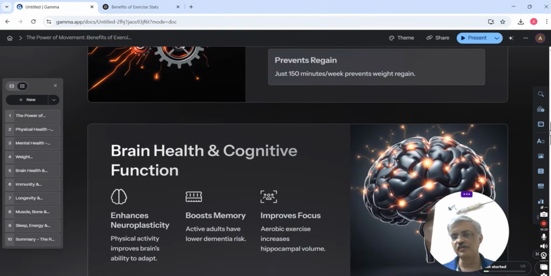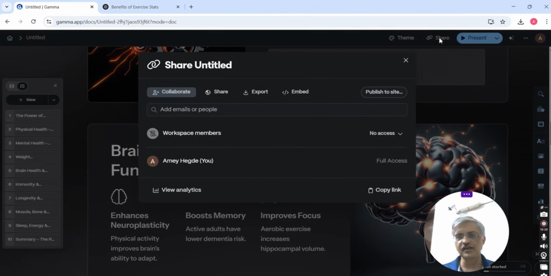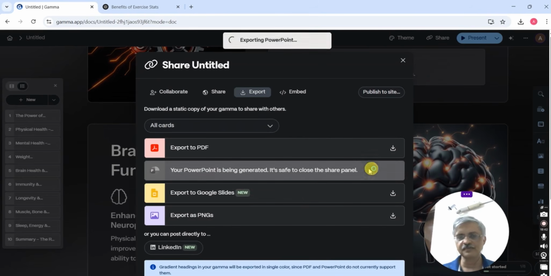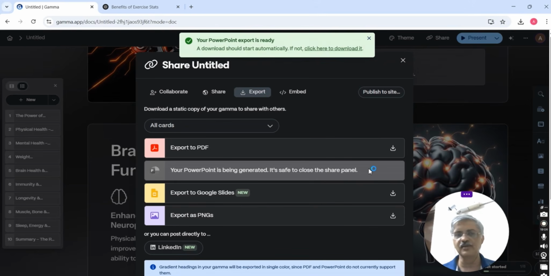It's a totally different PPT. So now you repeat the same process, click on share. To export it, you need to click on share, then you click on export and then click on export to PowerPoint. Now once it finishes exporting, you will again have to open it in PowerPoint and you can feel free to edit it there, change any of your information, and you can also hide the Gamma logo using the technique that I had explained earlier.